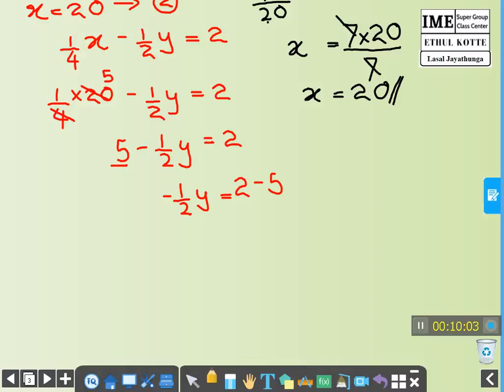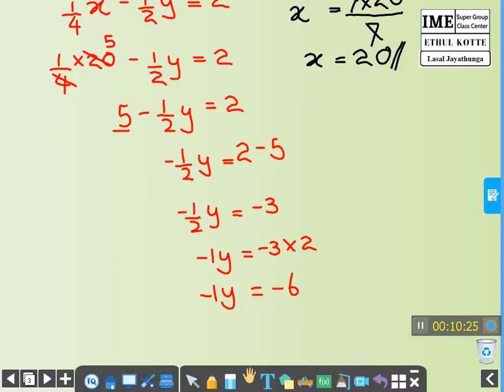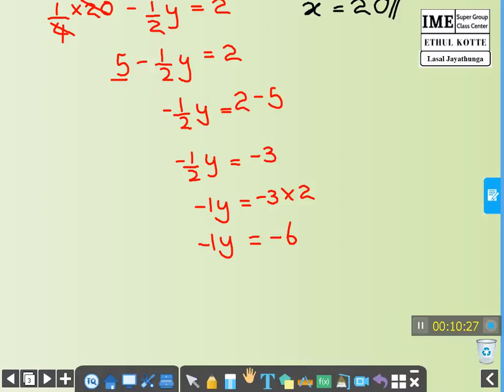Right. Now bring 2 minus 5, that is minus 3, minus half y. Now take 2 to the other side, then minus 1y remains, minus 3 into 2, minus 1y equals minus 6. To cancel minus 1 by minus 1 there, we'll divide by minus 1. So y equals 6. Earlier we got x as 20,